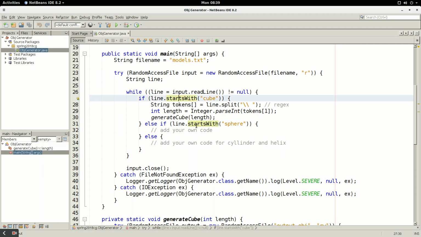So it reads the model file. The way it's written, it reads the model file and looks for the description of it. If the line starts with a cube, then it calls a method called generateCube. That's the one that I wrote. So if you're doing it for the sphere or the cylinder, you need to write similar code. If it starts with sphere, you're going to call another method, and you have to parse the parameters from there. For a cube, we only needed to get one number, the length of each side, and that's why